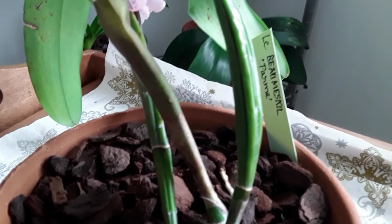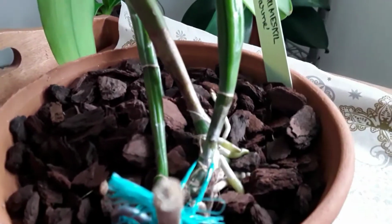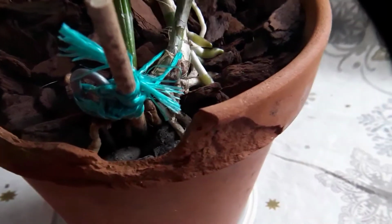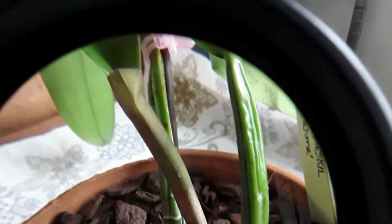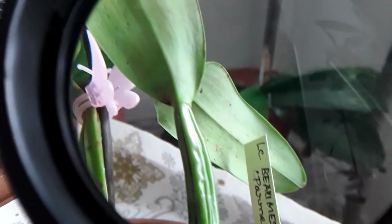Now this is my Laeliocattleya. You can see the name there, and look at her roots. Now this is in orchid bark. She's again in a pot, a terracotta pot. But just if I take you up now, that's a new leaf, and she's probably got a flower spike developing there. But if I take you up on this leaf now, and you'll see the